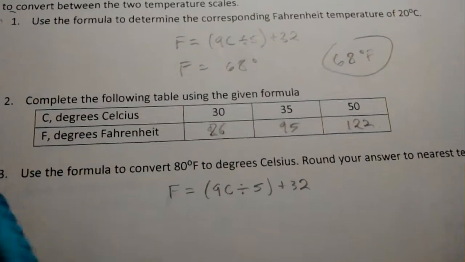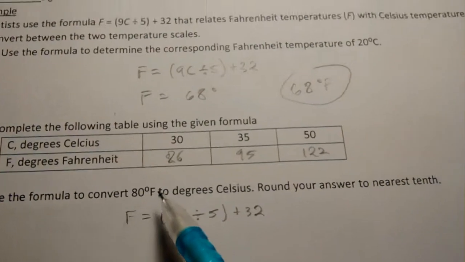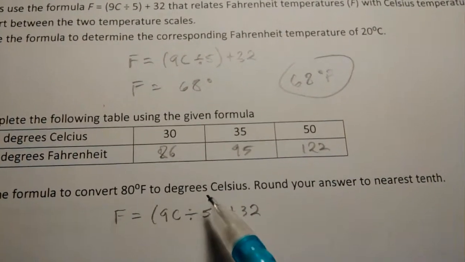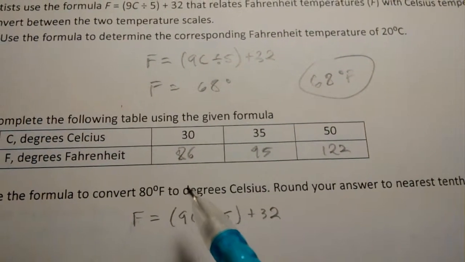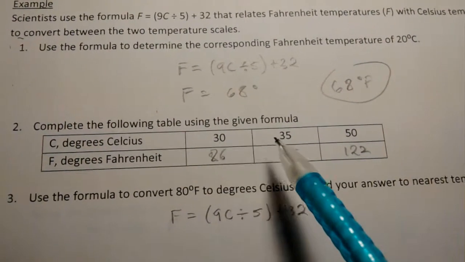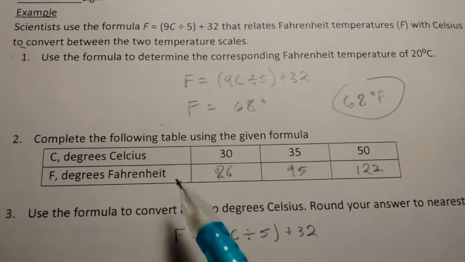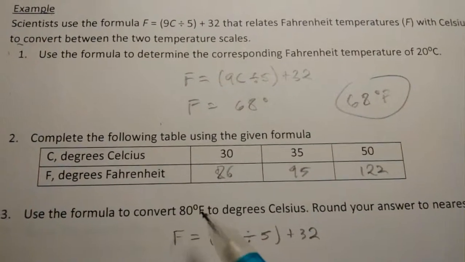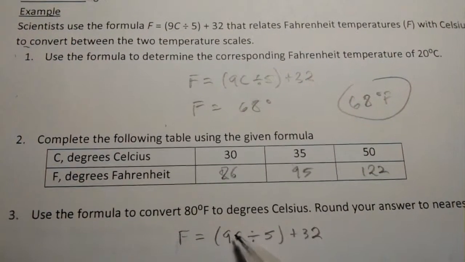Let's look at this next problem here. It says use the formula to convert 80 degrees Fahrenheit to degrees Celsius and round your answer to the nearest tenth. Now this is a different problem. Up here we were given Celsius temperatures and we were using our formula to calculate Fahrenheit degrees. Here we're given a Fahrenheit degree, or an F value, and we want to find out what the corresponding